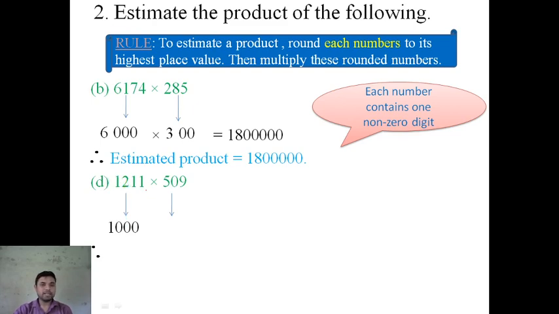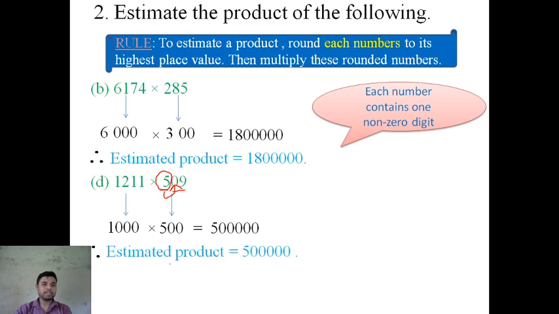Is it clear? Now, when we round this 5, because 5 is the highest place, just see the next digit. It is 0. So 0 is less than 5. So if it is less than 5, 5 is no change. So it will be 500 because there are 2 digits just right side of 5. So 500. Next do the multiplication. 5 ones are 5 and then the zeros, so 500000. Write the answer statement that the estimated product is equal to this.